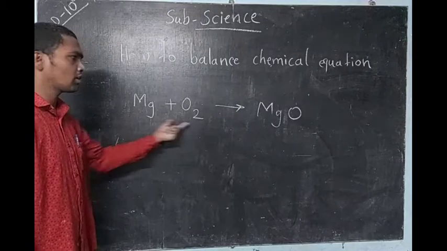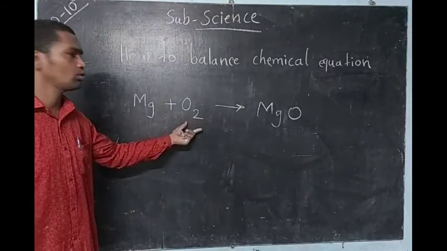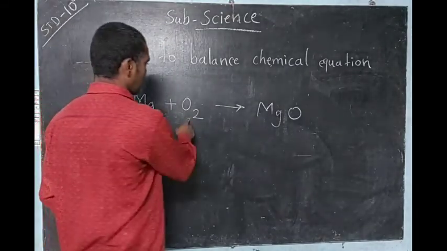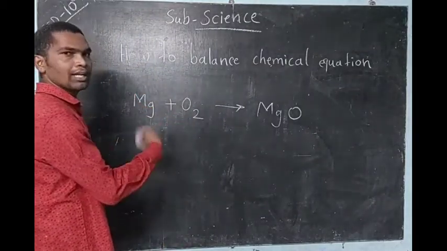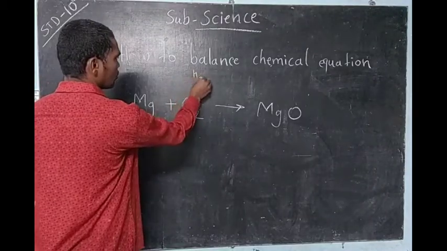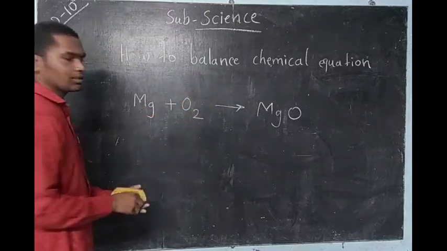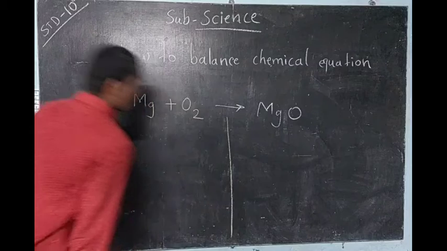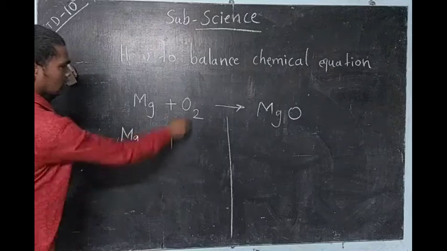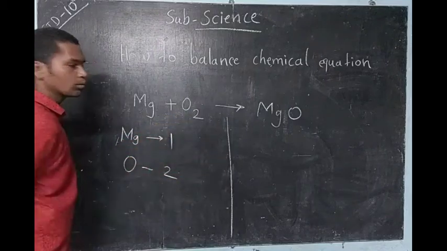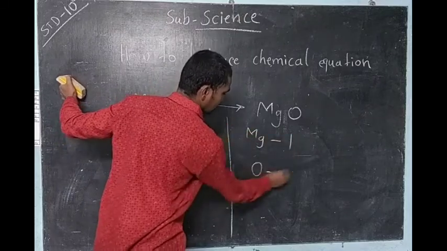Means you can take a single atom, but oxygen you want to take. Oxygen is actually diatomic, so you cannot take single oxygen. Okay, so you want to take 2 times. So always in any chemical reaction, chlorine, oxygen, hydrogen, we write always in 2 form. Means like H2, Cl2, O2, not single, because these are diatomic atoms. Okay. Write down Mg 1, oxygen 2. Here Mg also, magnesium 1, oxygen 1.